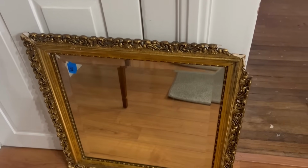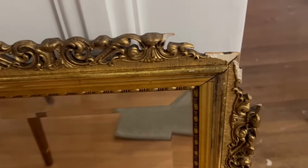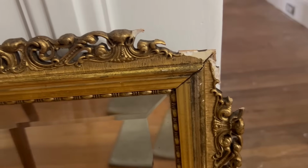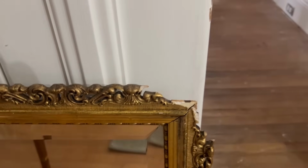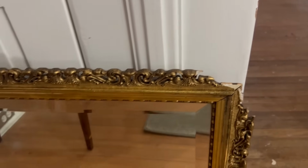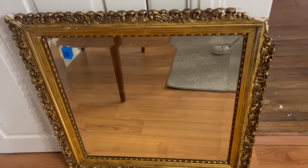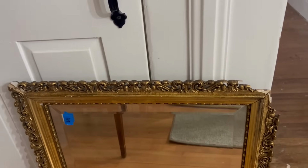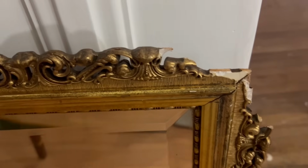And then I bought this mirror, which ended up being a sad friend. Look at that damage. So it wasn't like this when I picked it up. It was in perfect condition. And Eric and I put it in the back of my RAV4, and there were other things back there as well. And I think with all of the jostling and this mirror trying to support its own weight,